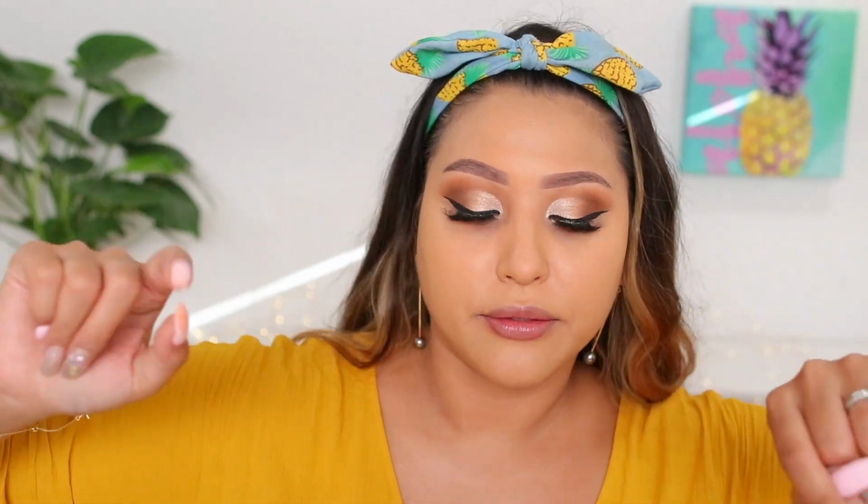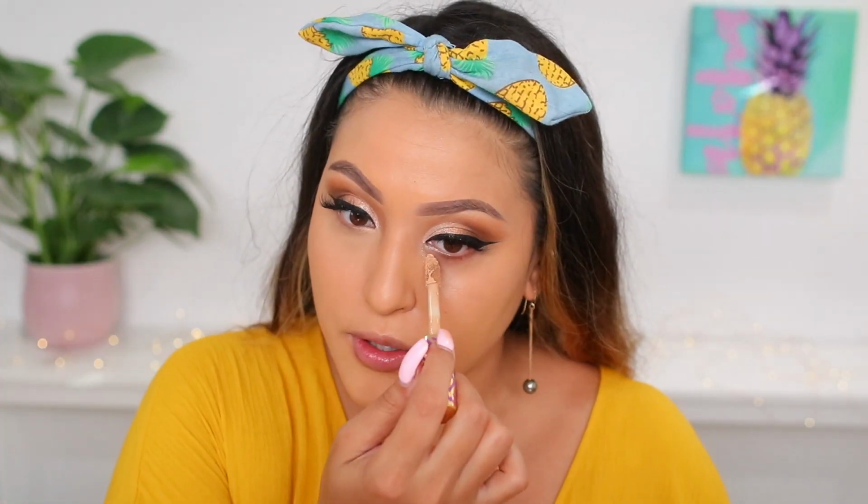It's not so flat. I still feel like I'm alive. It blends out really easy and doesn't have flashback, and it does not oxidize on me, which I'm really happy about because a lot of foundations I've been trying out have been oxidizing, and this one stays its shade, no oxidization whatsoever. I swear when I do concealer, I just feel like a new person. Concealer is probably my favorite part of makeup. I feel like I look a little more on the orangey side. I could have added a little bit more of 120,